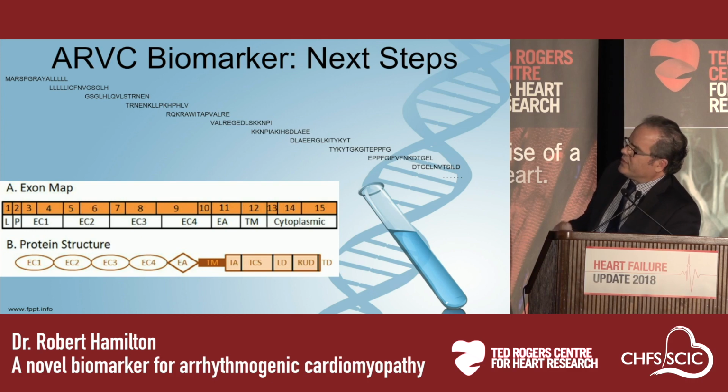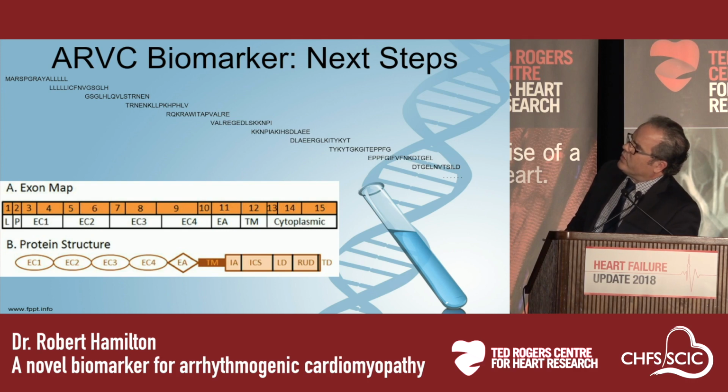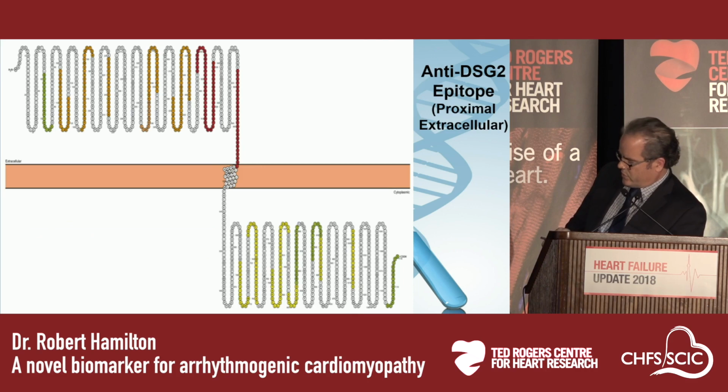Now, when you find an antibody, you'd like to identify the epitope, or the particular portion of the protein which it's targeting. And that helps to develop an even more sensitive assay, assuming you can get more sensitive than we are now. And one of the ways to do this is to take a look at linear epitopes. The portion of a protein to which an antibody is targeted is typically characterized by an oligopeptide of approximately 15 amino acids. And so we took these